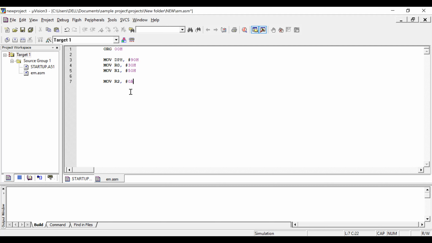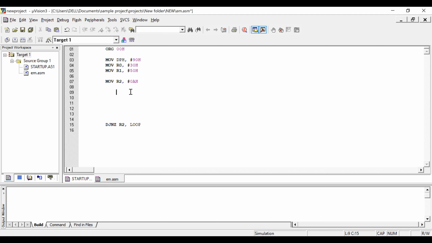If you use 0A, then it should end with H, for hexadecimal. Now the counter is done. The decrement and jump: DJNZ, jump if not 0, go to your iteration.